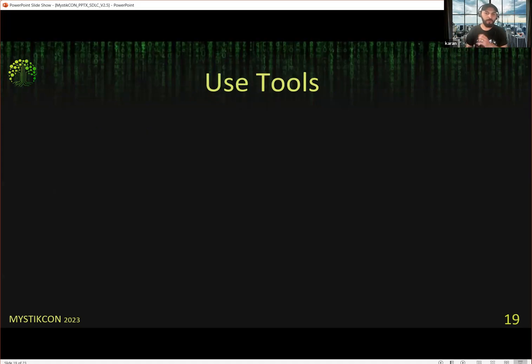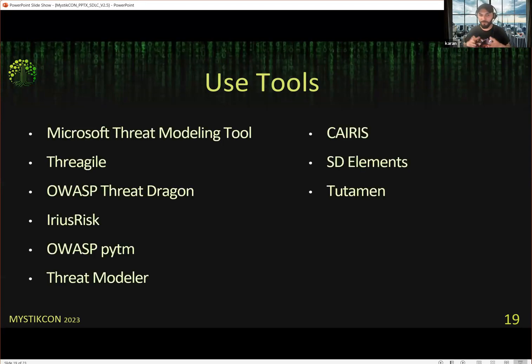Now, Donovan talked about threat modeling in various scenarios. However, just adding to what Donovan mentioned, these are some of the tools that you can leverage when you are conducting threat modeling. There are some commercial tools, and there are some open source tools as well. Depending on your needs, you may have to pick one or the other. But I highly recommend, to begin with, you can perhaps leverage the Microsoft Threat Modeling Tool or OWASP Threat Dragon, because they are both free. But again, as Donovan said, you perhaps need to check which one runs on which platform.